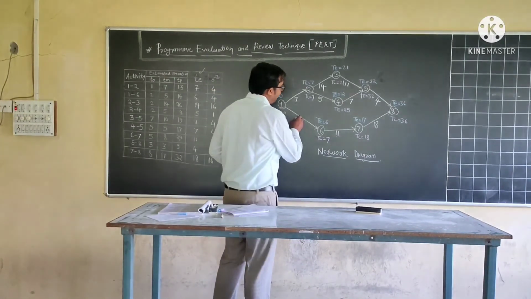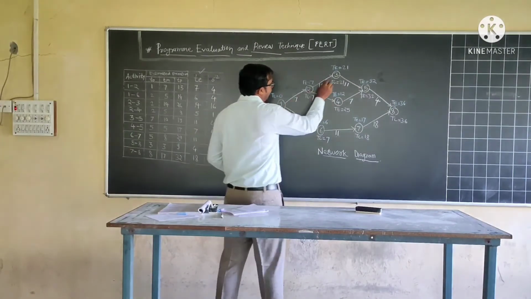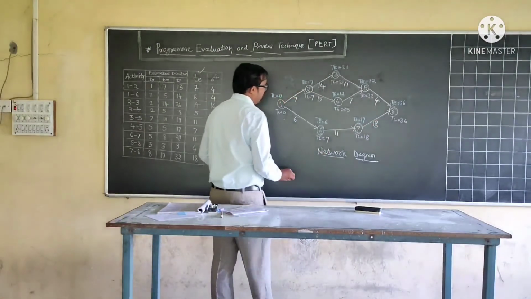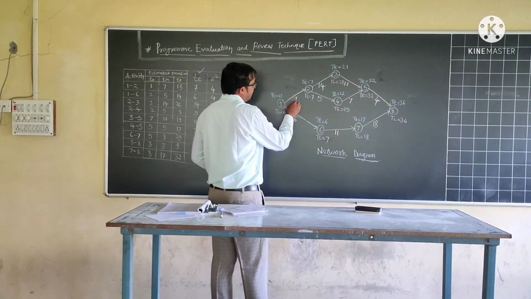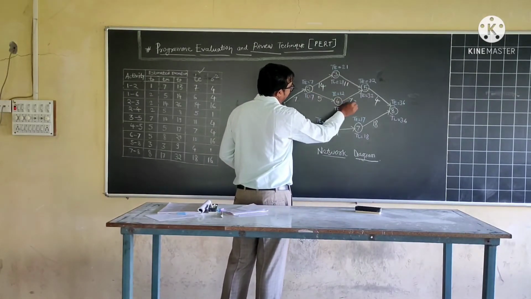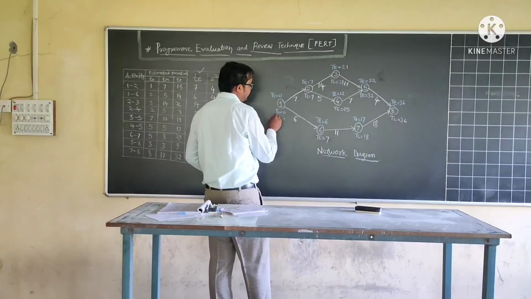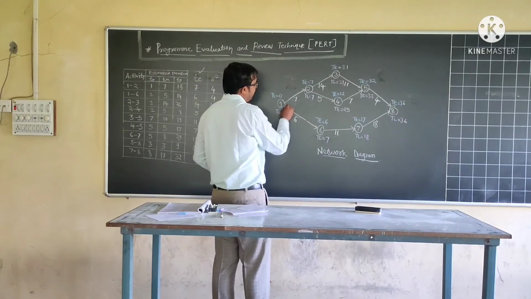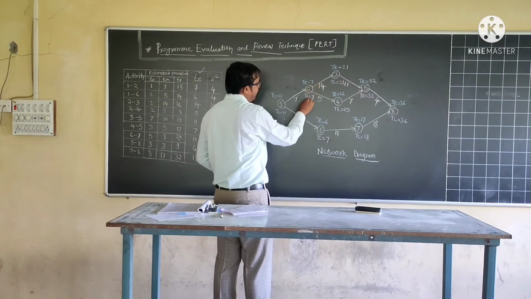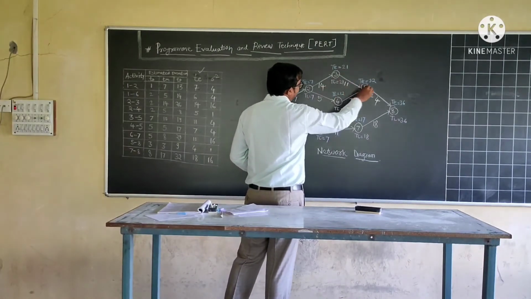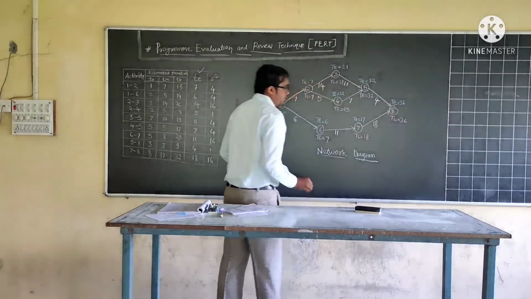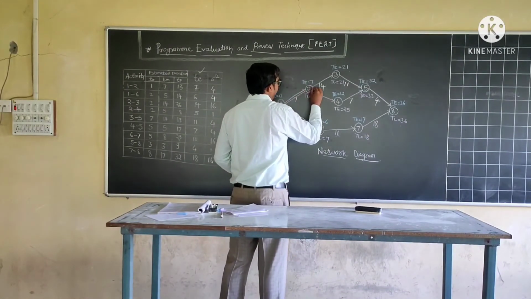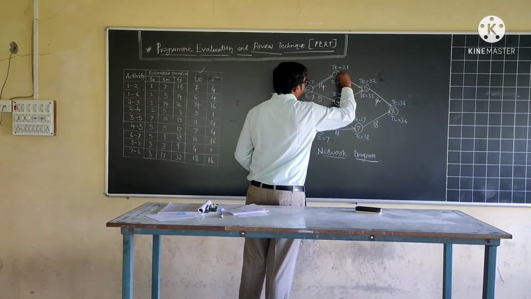So now we will calculate project duration from three ways. We have three ways: this way, this way, and this way. Okay, first of all we will calculate from this way. 7 plus 14 plus 11 plus 4, total 36. So in this way, TE and TL is 0, 7 and 7, 21, 21, 32, 32, 36, 36. So this criteria is fulfilled. That means this is a critical path. So we will show the critical path with the help of a double line.